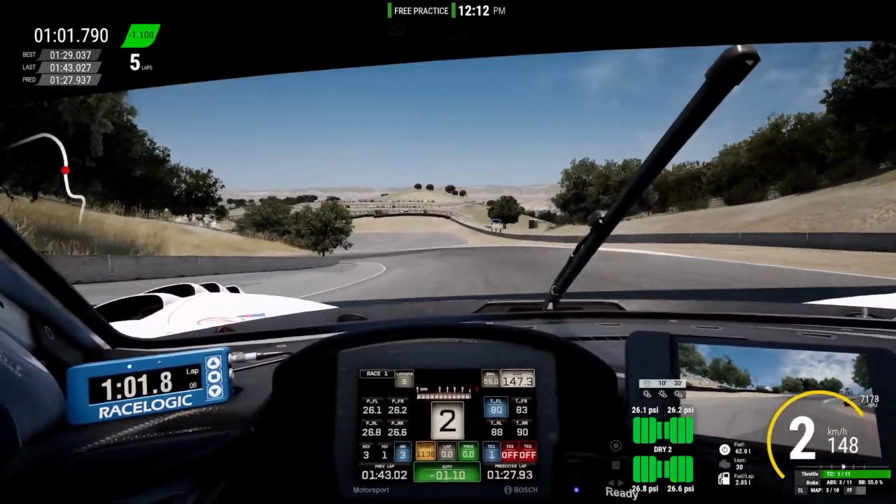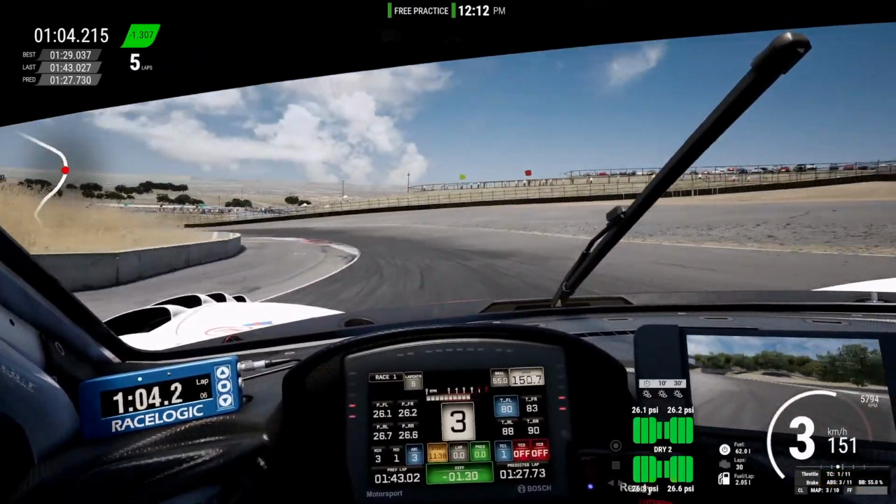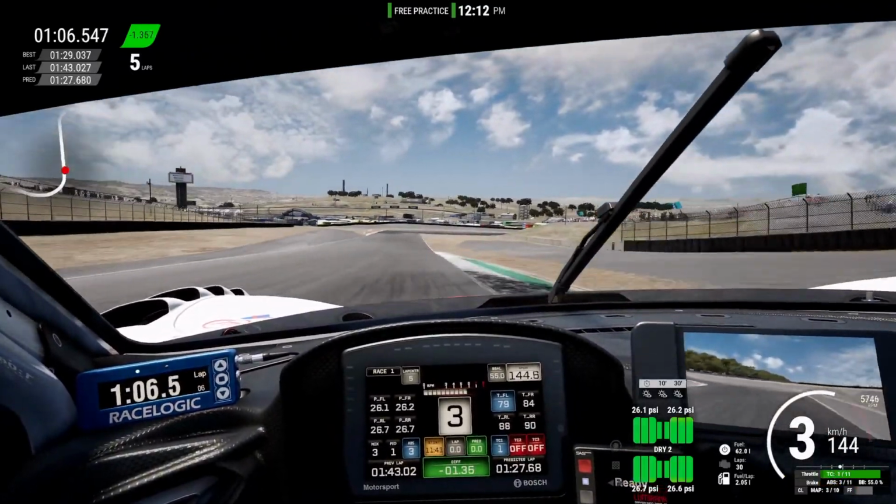Do it. Feel the throttle coming down at the clear portion of the boost.